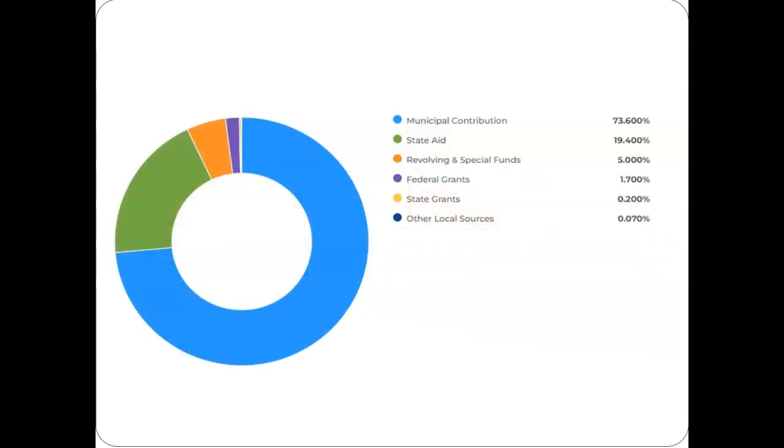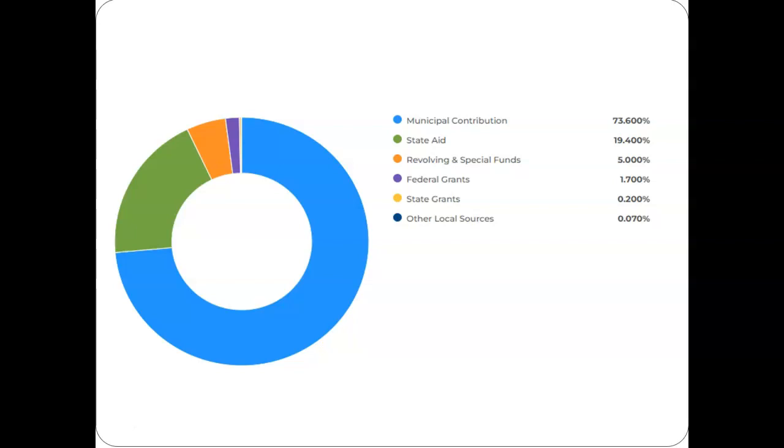Here's a quick pie chart that shows the breakdown on a percentage basis. The municipal contribution, the amount supported within the levy, the property taxes, is the largest piece of the pie in a school budget at 73.6% in North Reading. State aid, Chapter 70, and unrestricted local government aid comes in at about 19.4%.